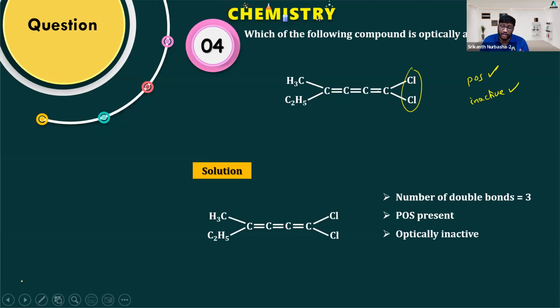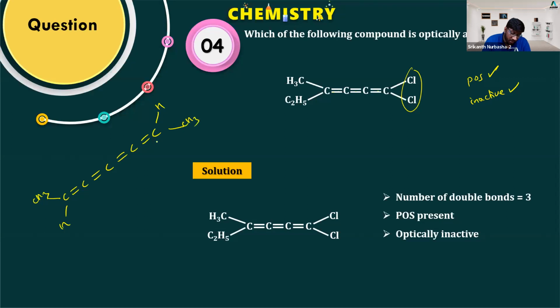So not only this 2 double bond, 3 double bond, even if I have this system: C double bond, C double bond, C double bond, C double bond, C, 1, 2, 3, 4 double bonds, CH3, H, H, CH3. Is it optically active or inactive? Optically active. So you should not worry about the number of double bonds,